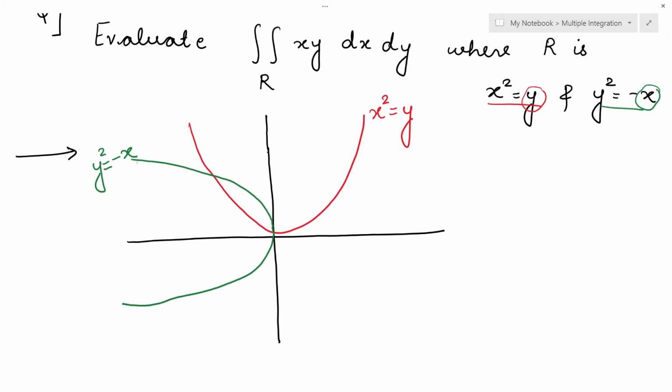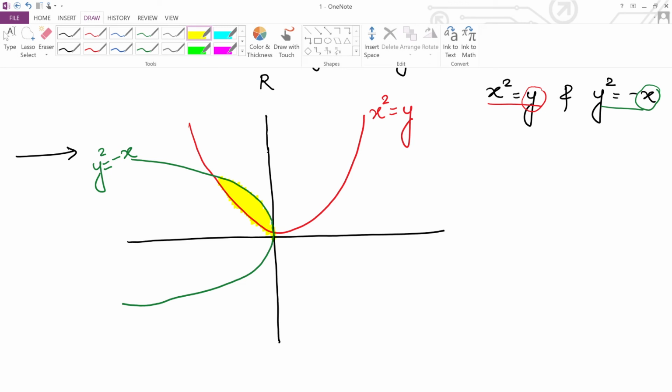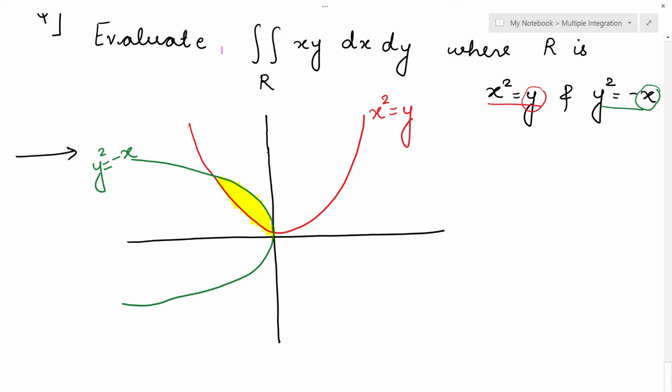So what I have done now, I have drawn the first curve x square is equal to y. Then I have drawn the next curve y square is equal to minus x. Now what I'll do, I'll shade the common region of intersection. Common part in this is this much, right? Now it is your choice whether to consider a strip parallel to x-axis or parallel to y-axis. You can do anything and the answer obviously is going to be same. So let me consider a strip